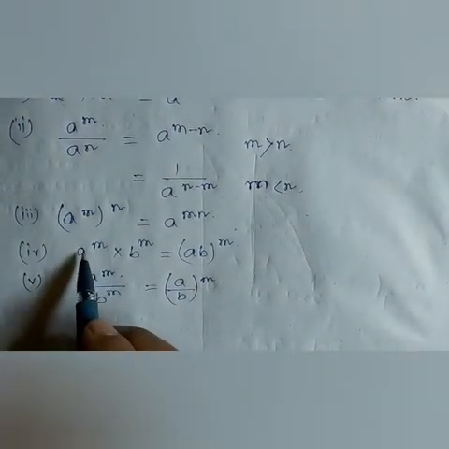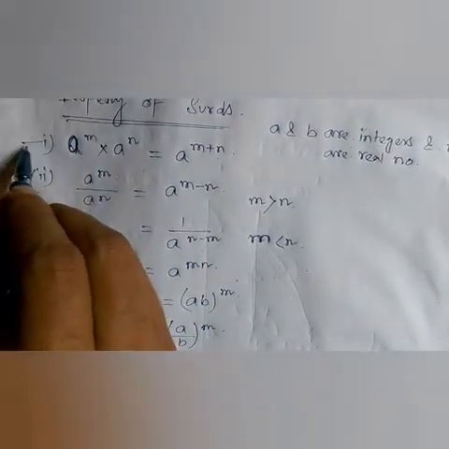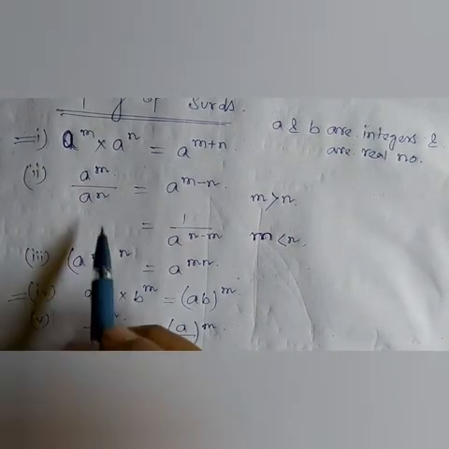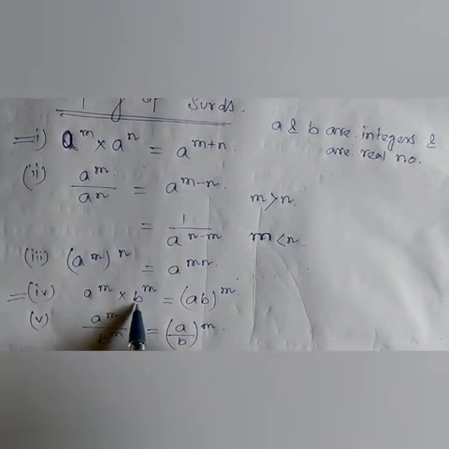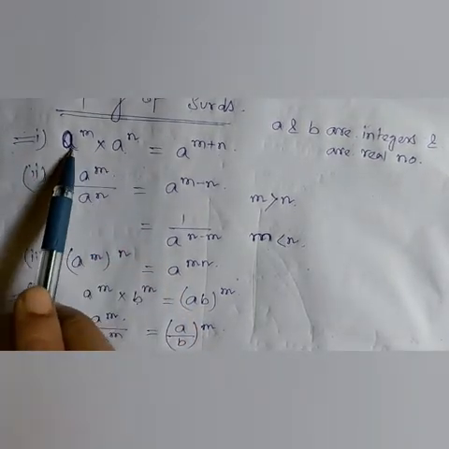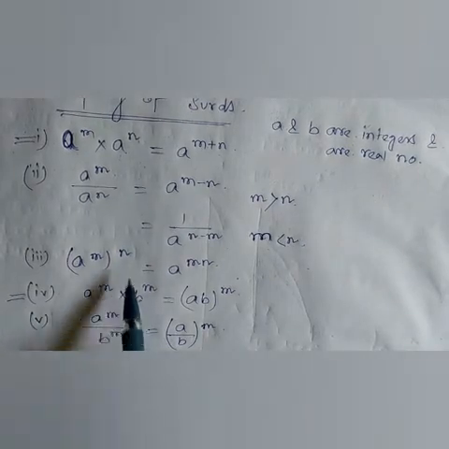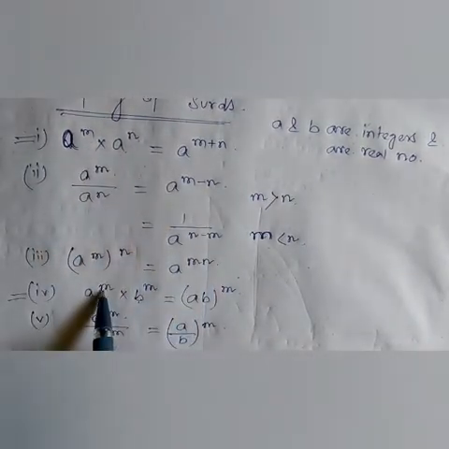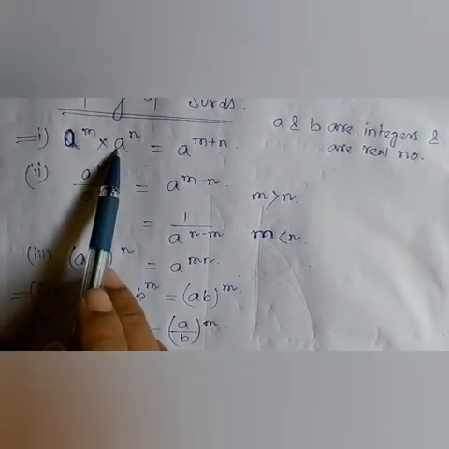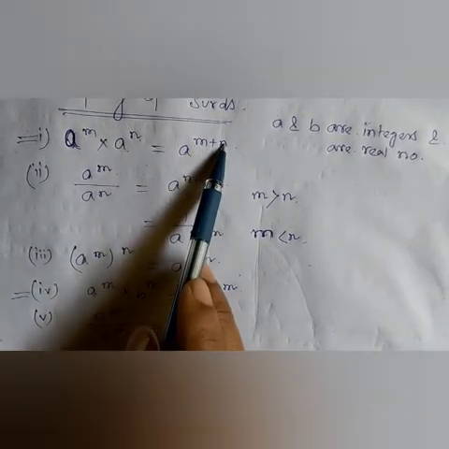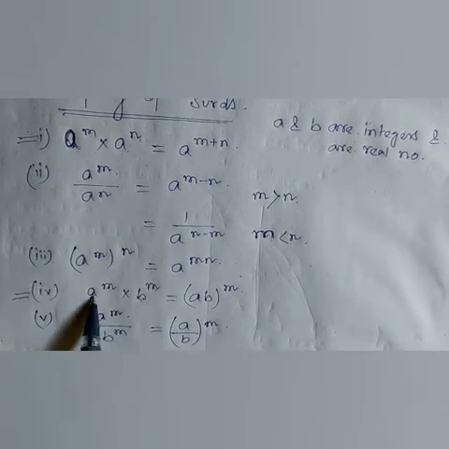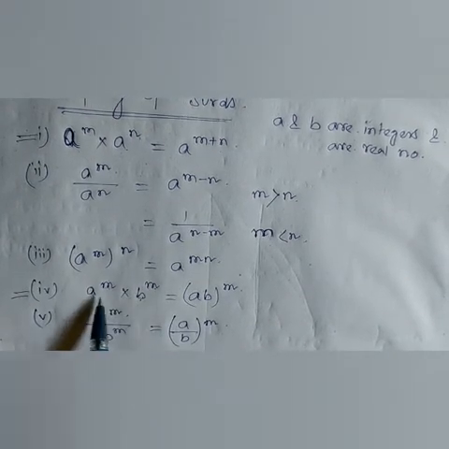Now see that the first one and the fourth one are alike. Here a to the power m, and here also a to the power m, but here b to the power m, and here also a to the power m. See that here the bases are the same, but here the bases are different. Here the powers are different and here the powers are the same. When the bases are the same and the powers different, then the powers are added and the same base is kept. When the powers are the same but the bases are different, then the bases are multiplied, a and b, so ab.